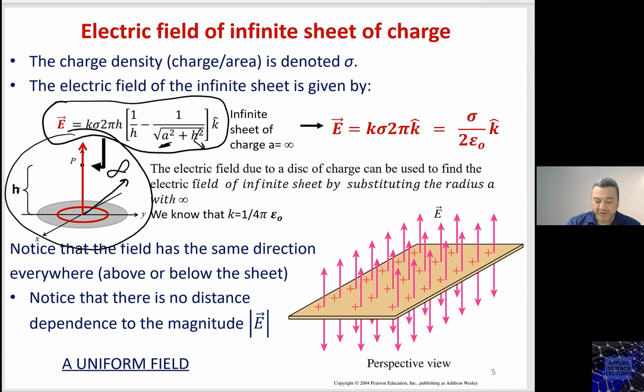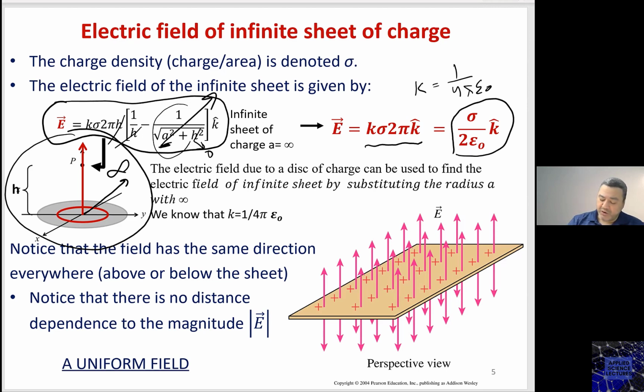This one would be negligible, which means 1 over infinity will go to 0, and then h will cancel with h, and you'll end up with k sigma 2 pi k hat. Then if you substitute k, Coulomb's constant, with 1 over 4 pi epsilon naught, the 2 pi would cancel, and you will end up with this electric field for